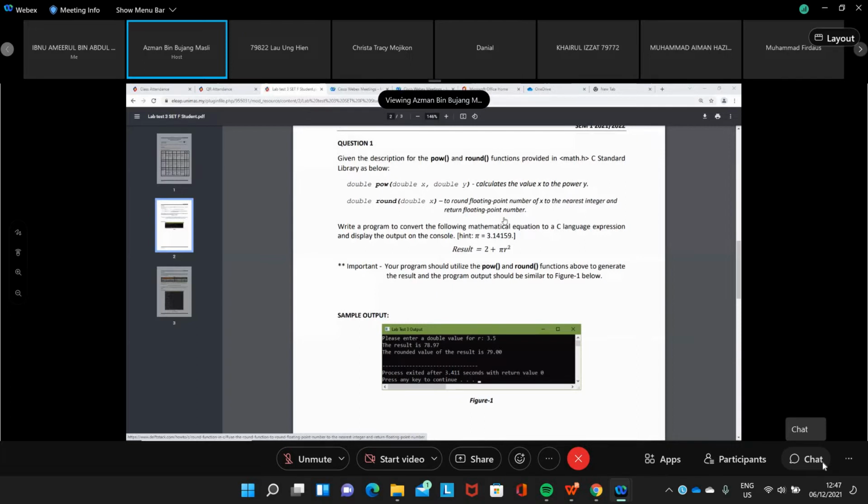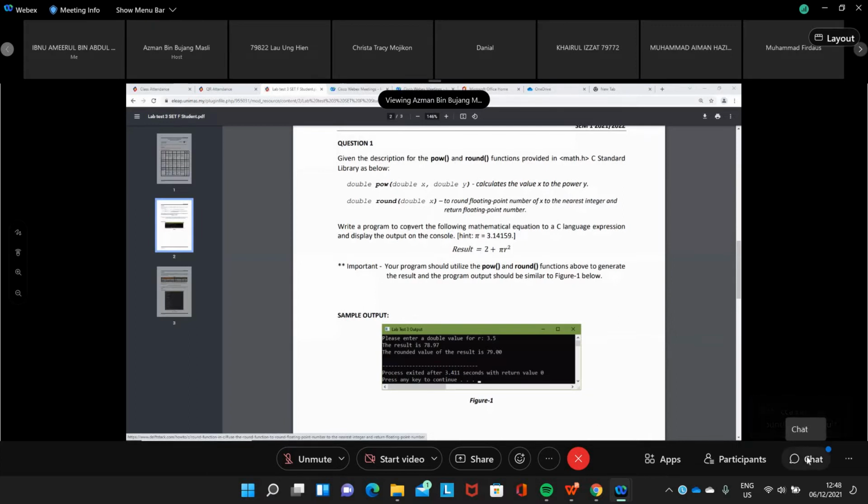Which one actually do we need to round? The result is still in floating point.